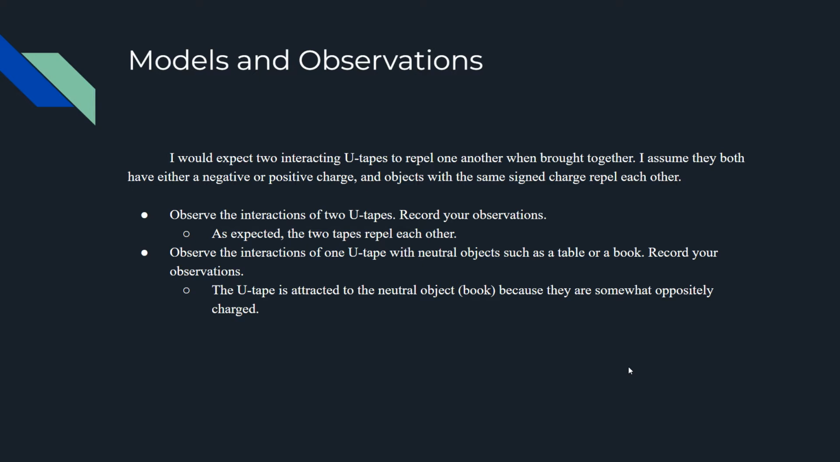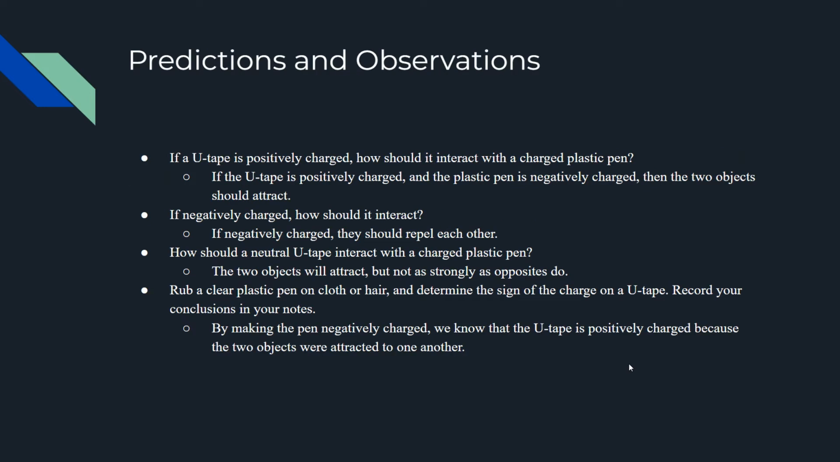So I expected two interacting U-tapes to repel one another, whether they were both negatively or positively charged. I knew that they would repel, and as expected, the two tapes did repel one another. The U-tape is attracted to the neutral object because they're somewhat oppositely charged, not completely. If the U-tape is positively charged and the plastic pen is negatively charged, then the two objects should attract. Now, if it is negatively charged, then they should repel each other. So, by making the pen negatively charged, we know that the U-tape is positively charged because the two objects were